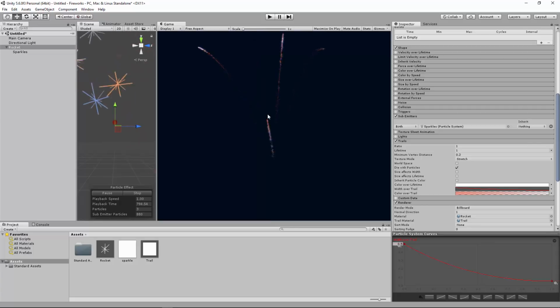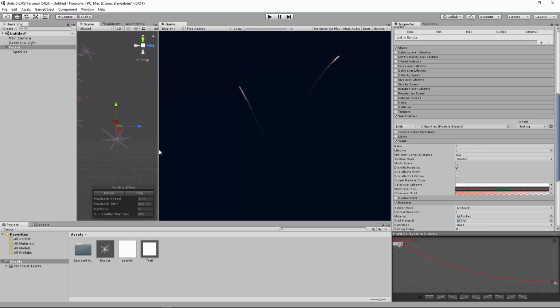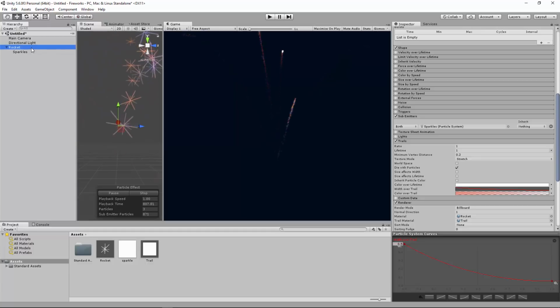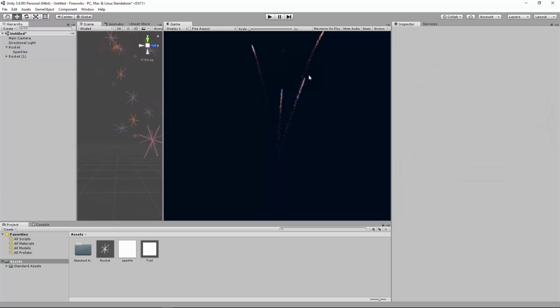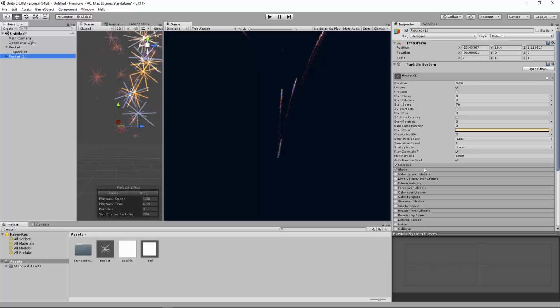So now what I want to do is actually create the explosion. So we have the rockets that are going up, and you understand sub-emitters, and you understand the different parameters that you can play around with. So what I'm going to do is take this rocket, and I like the effect. I'm going to just copy it down there. And now I'm going to make this into the explosion. So the first rocket I'm going to leave unchanged, but the second rocket here, I'm going to actually make an